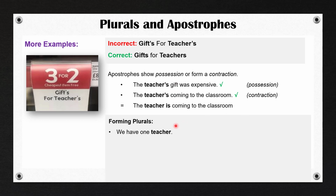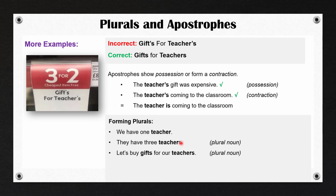So how do we form plurals? We have 1 teacher. They have 3 teachers. With 3 teachers, we add an S to teacher to make a plural noun, teachers. And you can see there is no apostrophe S. Here's another example. Let's buy gifts for our teachers. Again, we do not add apostrophe S. We are just talking about the plural noun. More than one gift,